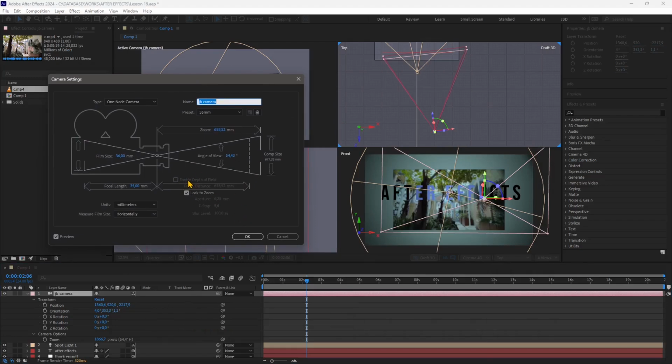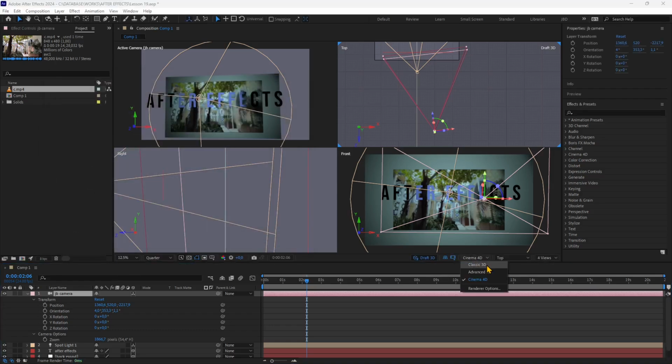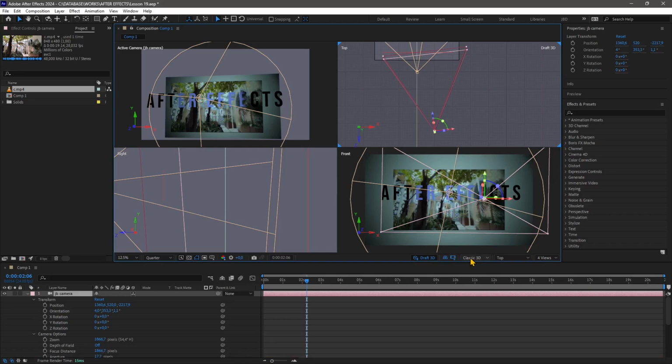Now you can see that we cannot access the depth of field. This is because not every render engine supports this effect. There are some effects that are supported by Cinema 4D, others that are not, but also with the classic 3D, some of these are supported, some of the others are not. So let's go in the classic 3D and let's go back to the, well, you can also double click